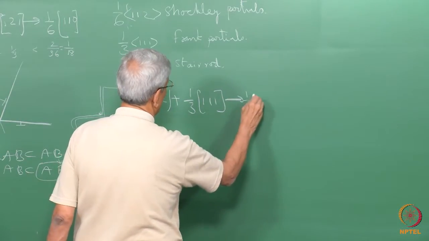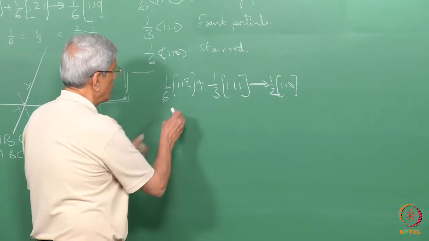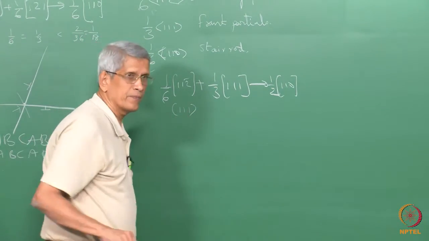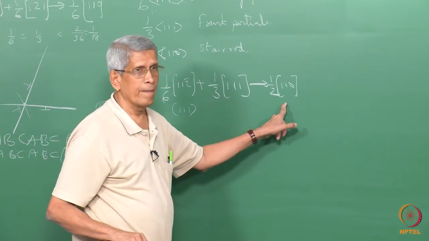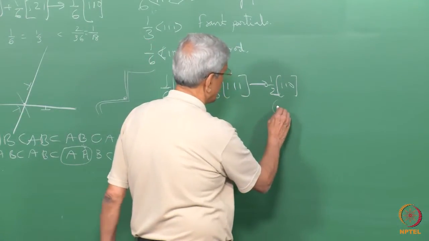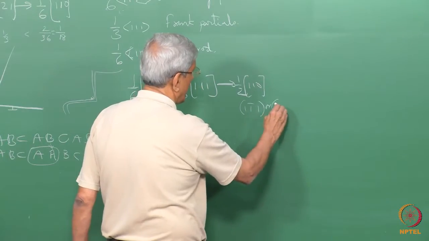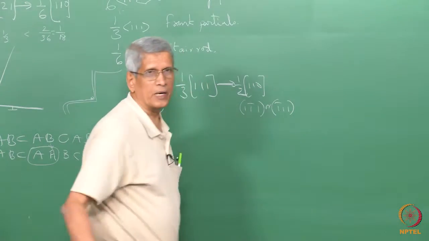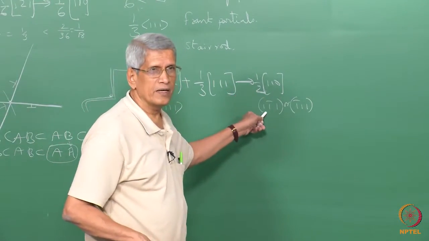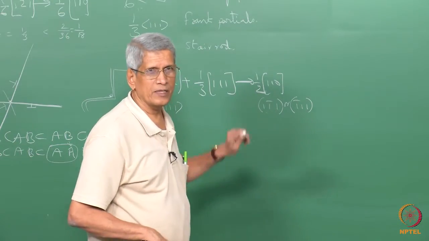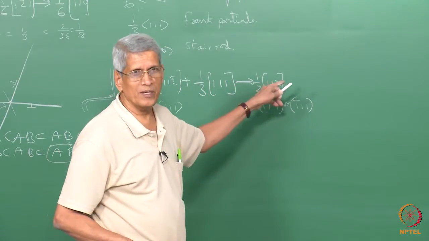This gives rise to half <110>. Here both the dislocations are lying on {111} planes. This dislocation is going to lie on either of the {111} planes, correct, because the Burgers vector direction should lie in the slip plane, and that means the resultant dislocation has a Burgers vector which is in plane,